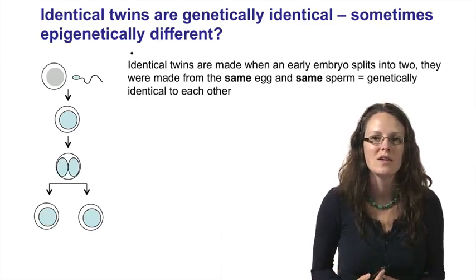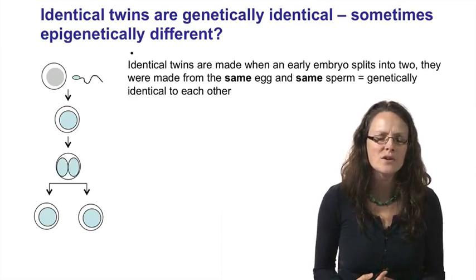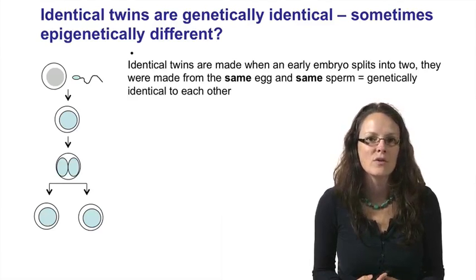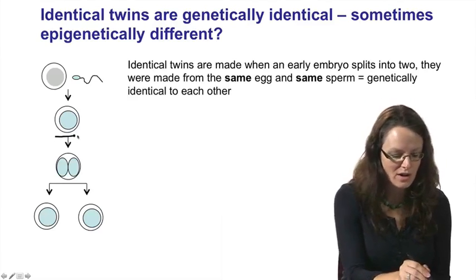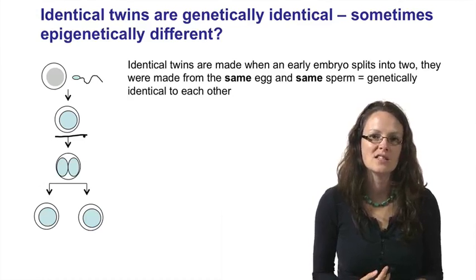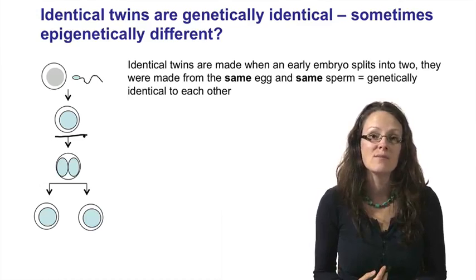So this is really the same situation, but instead of being on a cell-by-cell basis, it is instead the difference between individuals. So just to remind you, the way that identical twins are made is that a single egg and a single sperm undergo fertilization. This embryo or zygote, this single cell fertilized egg here, will then divide to make a two-cell embryo, and at the two-cell stage or later it splits to make two separate embryos. But because they are derived from the same sperm and the same egg, they are absolutely genetically identical.